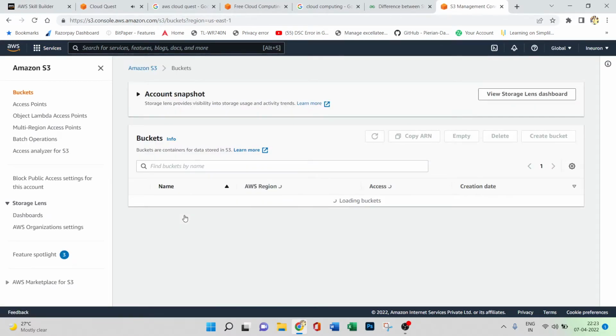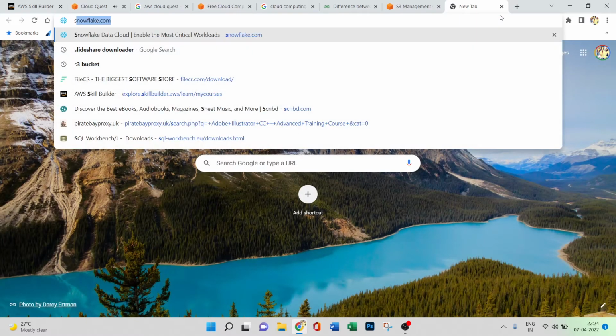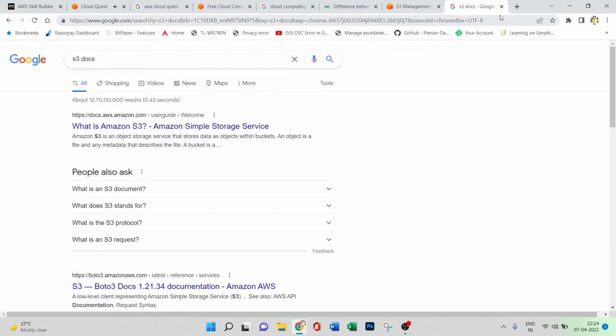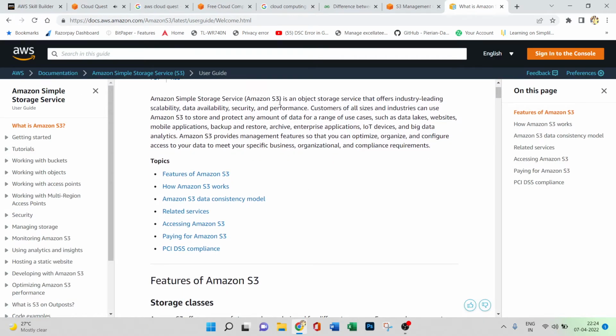S3 is basically a storage solution provided by AWS. Whatever we store, we store in something called blocks. Not blocks, sorry, as objects. If you go to the S3 documentation, Amazon Simple Storage Service, S3, is an object storage service that offers industry-leading scalability, data availability, security, and performance. Customers of all sizes and industries can use Amazon S3 to store and protect